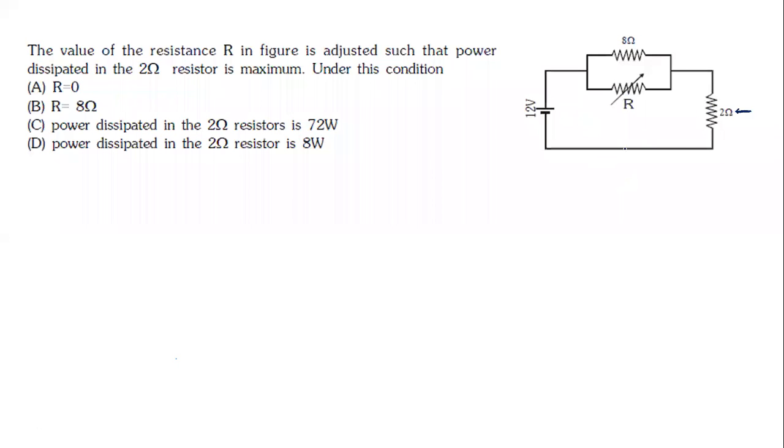See, in this case, what would maximize power consumption in this resistance? Total voltage is 12 volts, and this is being shared in 2 parts. One part is the resistance connected between these 2 points, and the second part is this. So what we understand, for a given resistance, power consumption in this will be maximum when the potential difference across the 2 ohm is maximum. So when is power consumption maximum? P in 2 ohm will be maximum